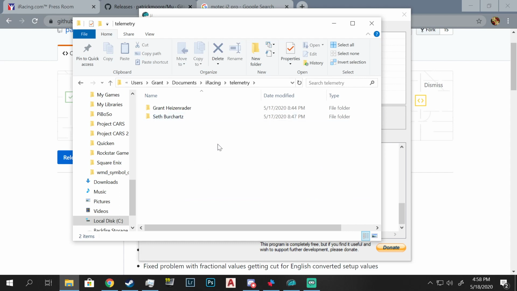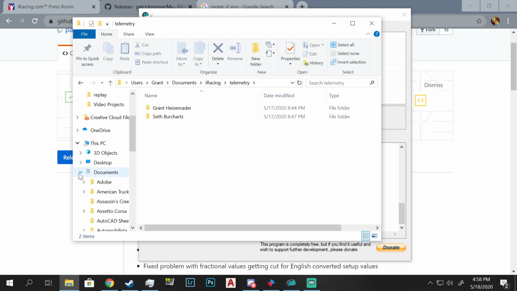And all of the files that you have will automatically be put into the telemetry folder. Now, of course, that is the full file path to get to this section. In case it wasn't clear before, you just needed that reminder. However, you do not have to go through that full process. By default, unless you have changed it, the documents